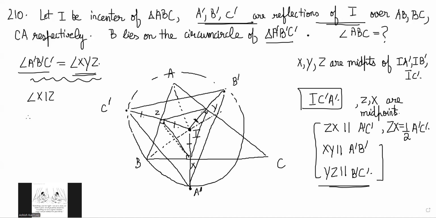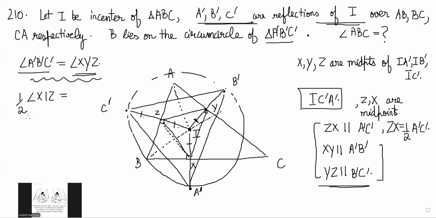Therefore, the angle on the circumference will be half of this angle. So we can say angle XYZ is half of angle XIZ, right? Yes sir. So angle XIZ is basically the angle made by,